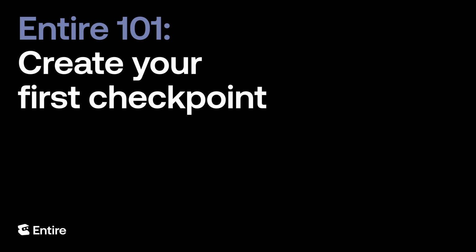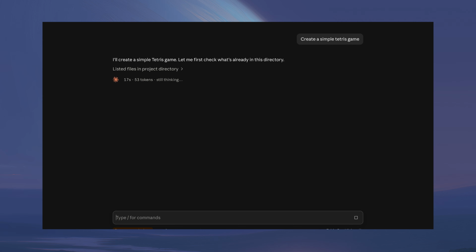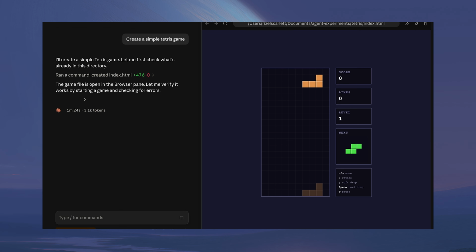Today on Entire 101, we're covering how to create your first checkpoint. Now that we've enabled Entire in our repo, we can create our first checkpoint. Behind any AI-assisted code change, checkpoints bundle everything together: the state of the code, your prompts, the agent's full transcript, and the token usage. I'll start by making a change to our repo and prompting my agent to create a